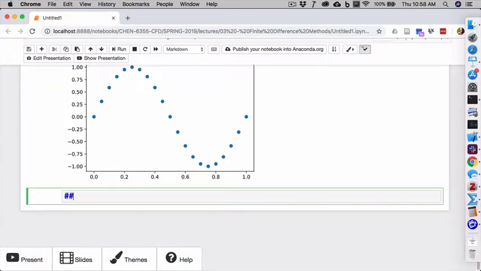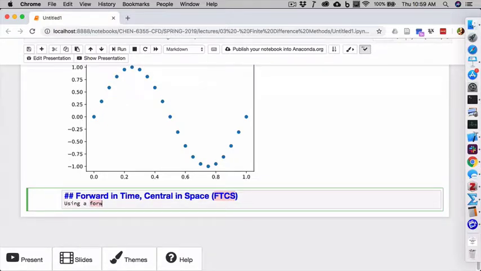I'm going to do forward in time, central in space. So the scheme that we have used in the slides uses a forward in time formulation, right? Forward Euler, u^{n+1} minus u^n over delta t, and uses central in space. So commonly we call this the FTCS scheme, forward in time, central in space. Okay, so using a forward Euler method for the time